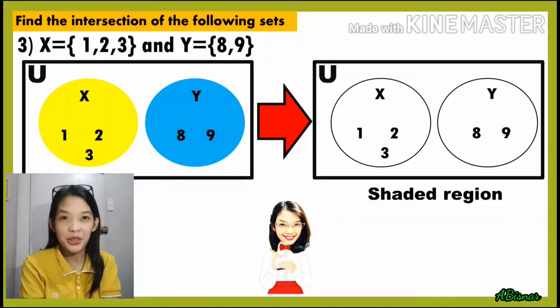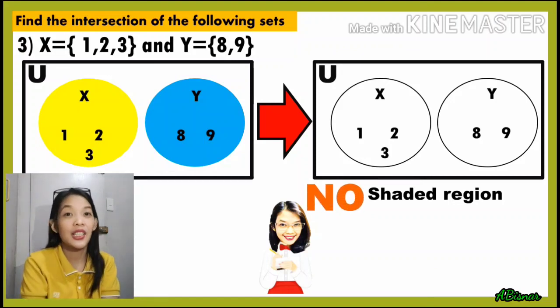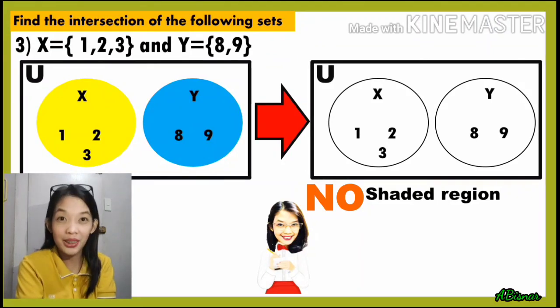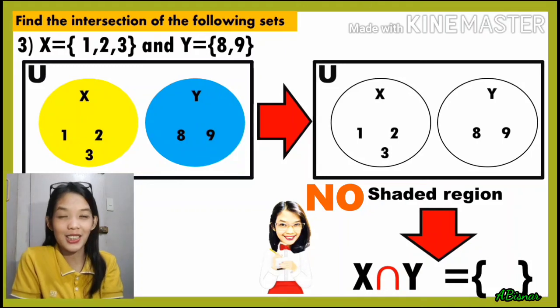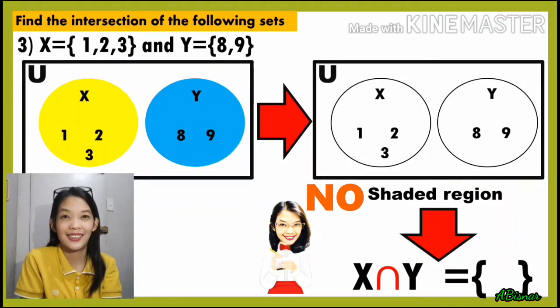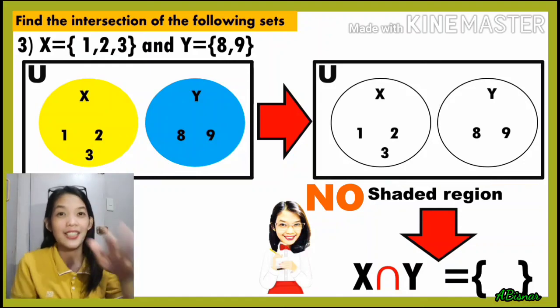For number 3, X has the elements 1, 2, and 3, and Y has the elements 8 and 9. Observe that there's no common elements, and therefore there will be no shaded region. So the answer will be, it's correct. The intersection of X and Y will be an empty set. So check your answers. If you got 3, then very